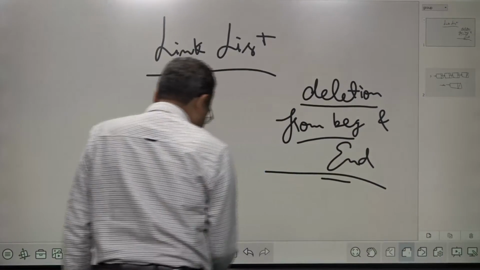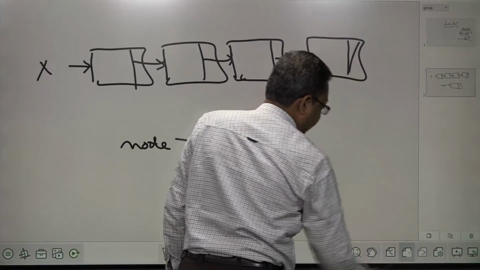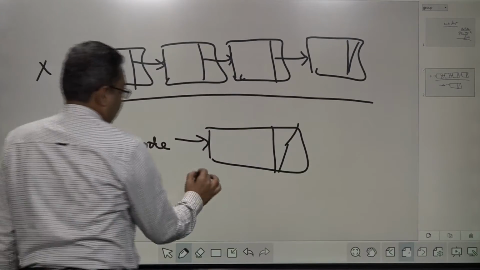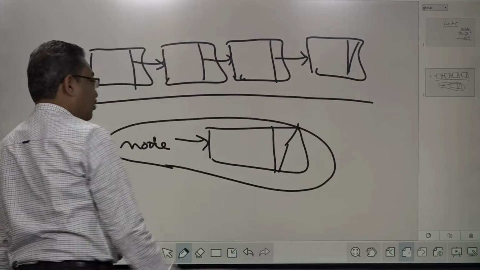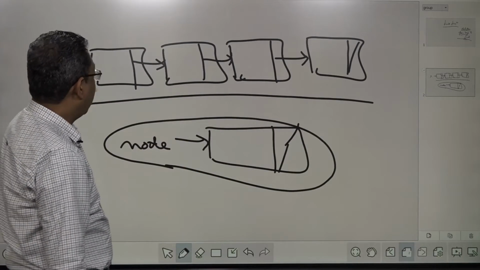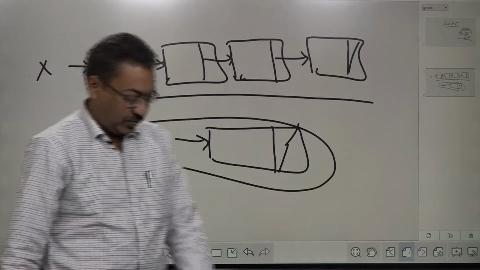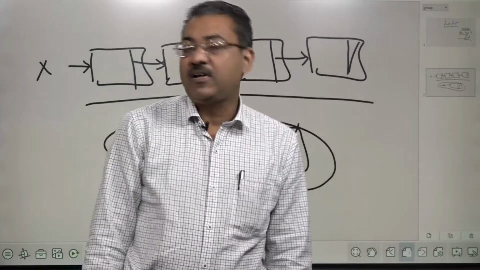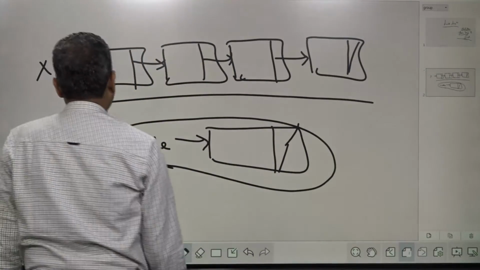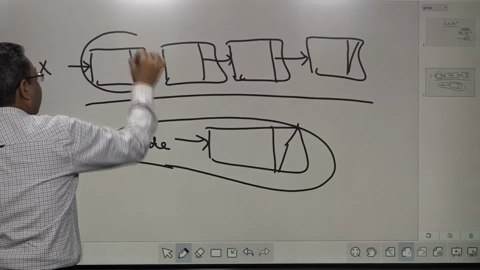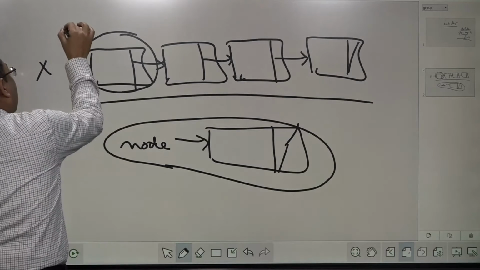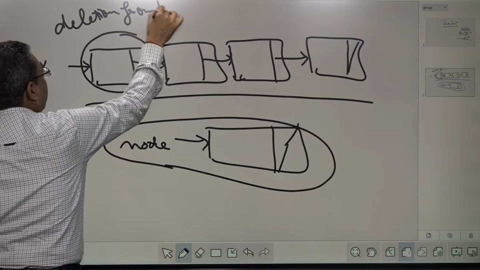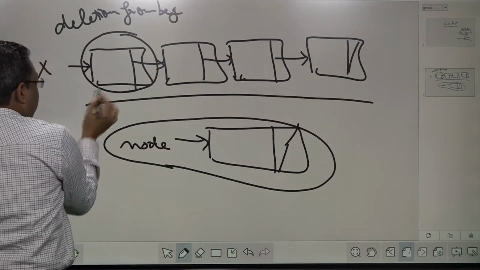So if I go for a little bit of revision, you all know this. This is the linked list. This is the base of a linked list, that is called a node. So this is a linked list that we are assuming is already with you, right? In this linked list, the concept we are going to cover today is that I want to remove this. So I will call this deletion from beginning.